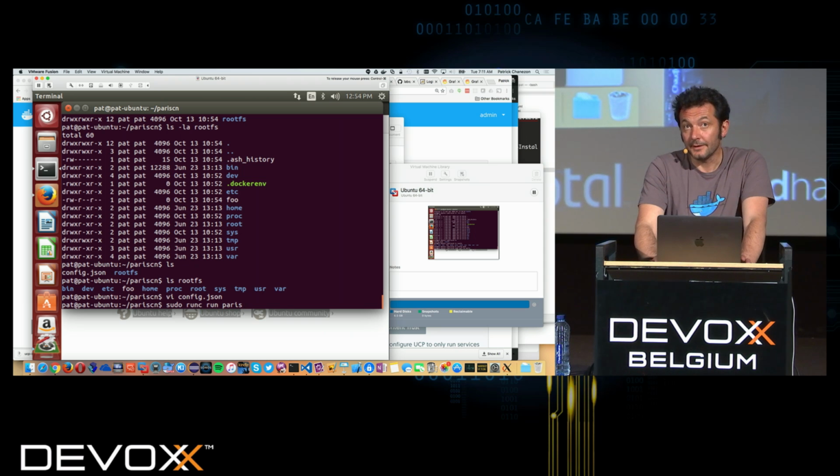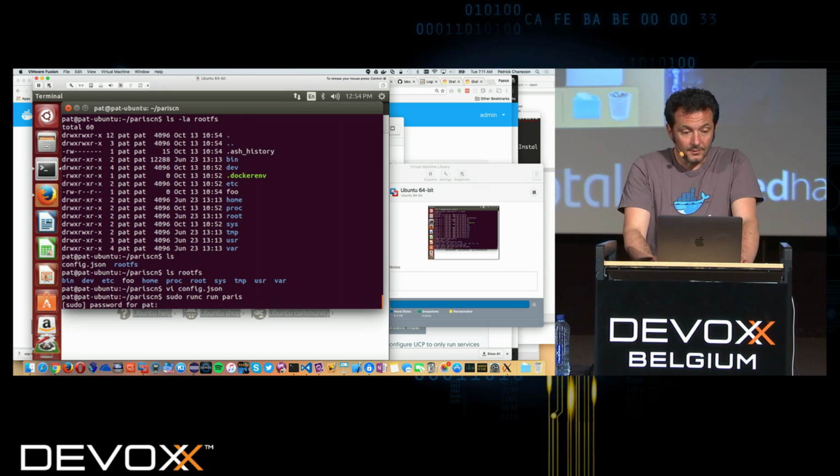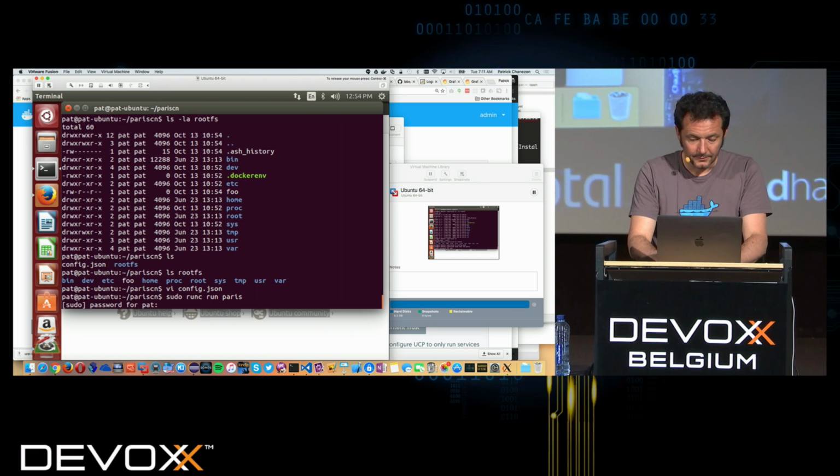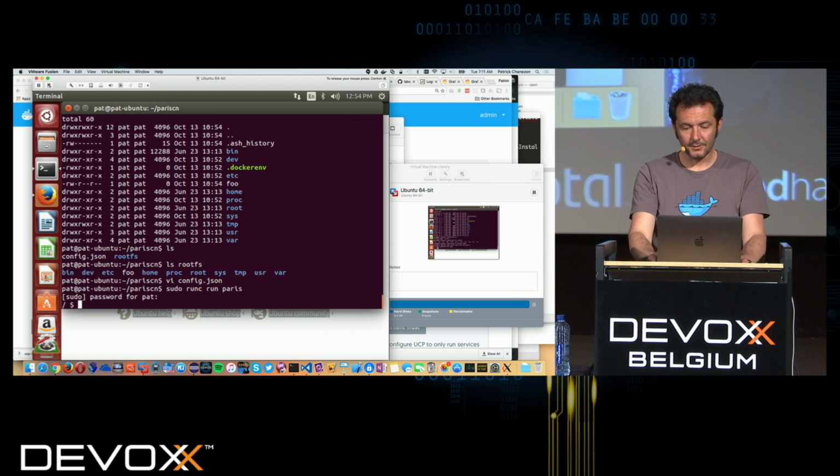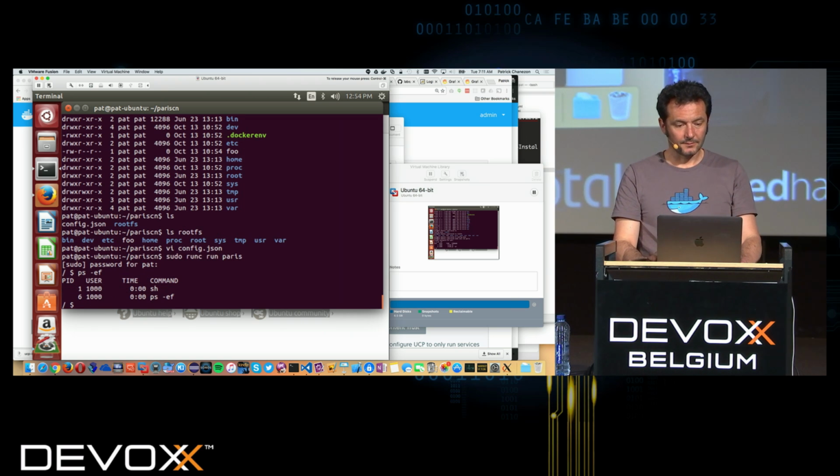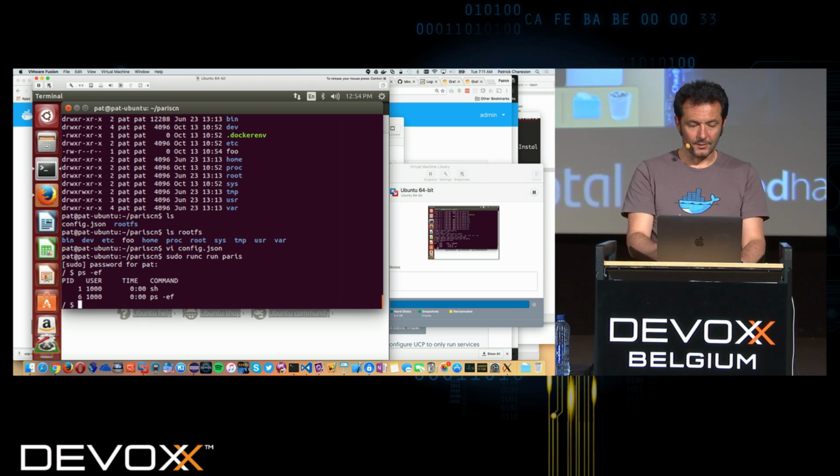And so the result of that, once I've done all that, is I can just say run. So I say run with a name. So I need sudo access here. I think I have forgotten. Yeah, here you go. And there, now I'm in the container. So you can see there's nothing running except that shell. I am user 1000.